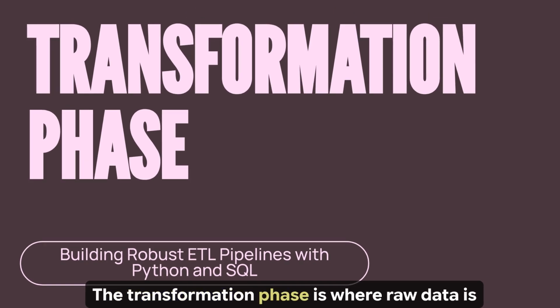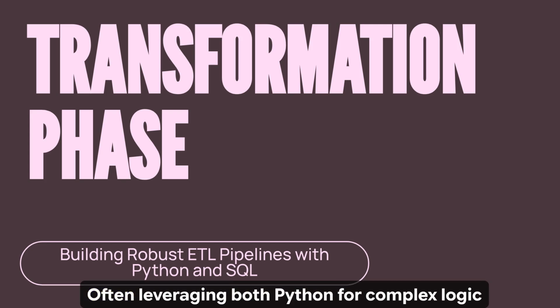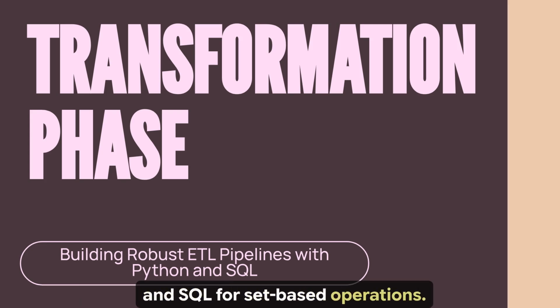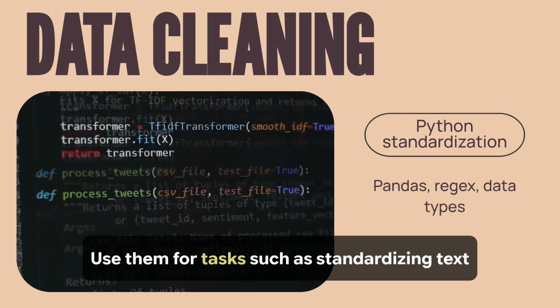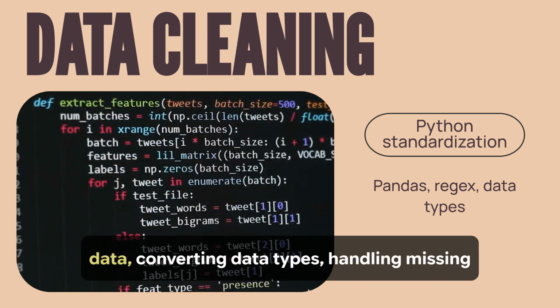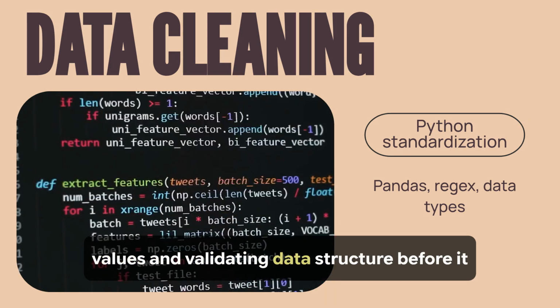The transformation phase is where raw data is refined into structured, analysis-ready information, often leveraging both Python for complex logic and SQL for set-based operations. Python libraries like pandas are indispensable here. Use them for tasks such as standardizing text data, converting data types, handling missing values, and validating data structure before